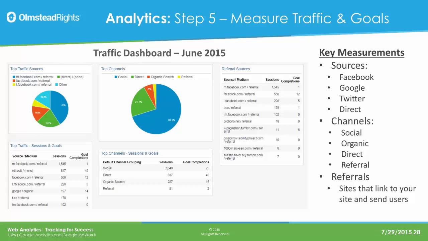But what happens is once you've created awareness, then people may remember your site and go to that site or then Google it and find that site later. So this kind of gives you a perspective. So social media in June drove 70% of their traffic. Direct traffic was 21%. Organic traffic was 6%. Now, to be honest, Mark?